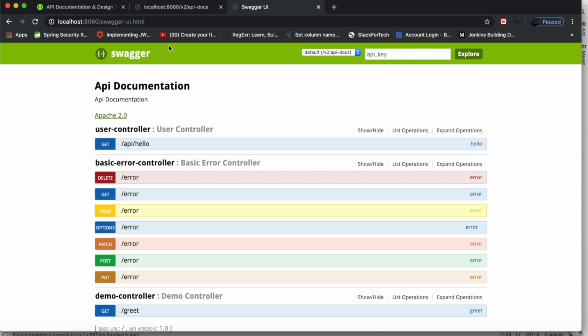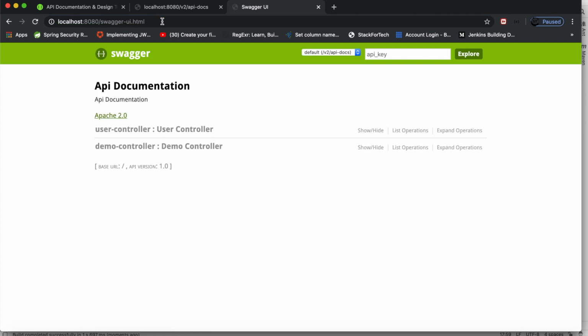Okay, if I refresh this page, you can see this error controller has been removed. Since we have mentioned that it needs to look for controllers inside that package only, Swagger is just doing that. It is just scanning that package. It is not going inside Spring and looking for controllers. Okay, so let's fine tune it more. Let's put the name, the description, and some more details about this application in this documentation page.